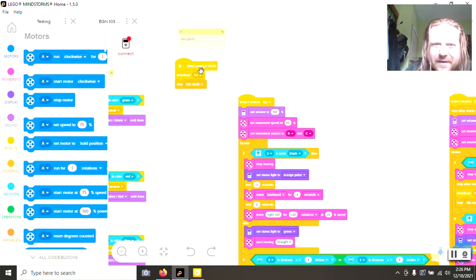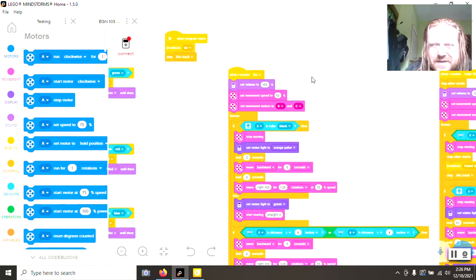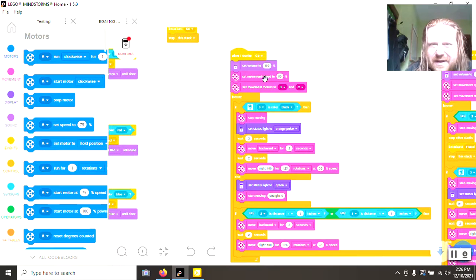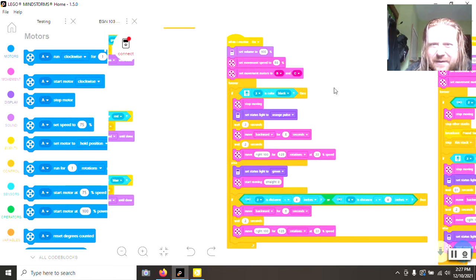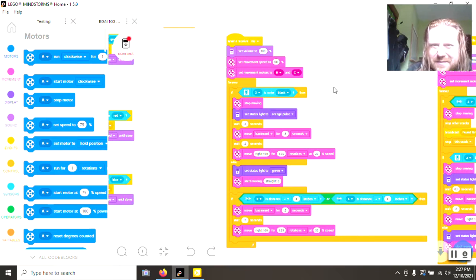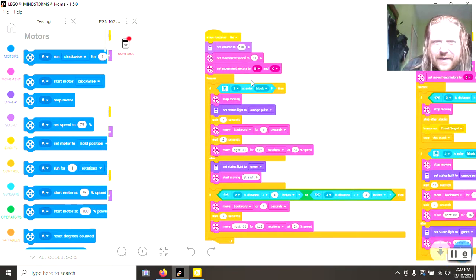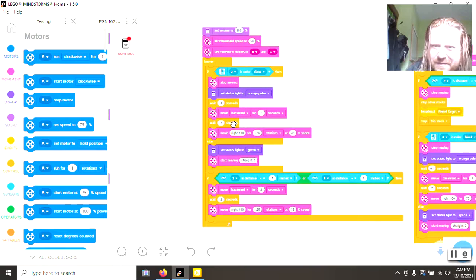Okay, so I'll go back over here. When it broadcasts go, I go into this navigation loop here. It sets the movement speed and which motors are going to be my movement. You can see over here the colors match to movement, so it's a little bit easier to work with instead of copy pasting a bunch of black and white stuff. And then here's the loop. I have it going: if the camera sensor detects black, then it stops moving. I have a little orange pulse there, waits 0.3 seconds, moves backwards for 0.5 seconds, waits 0.2 seconds, and